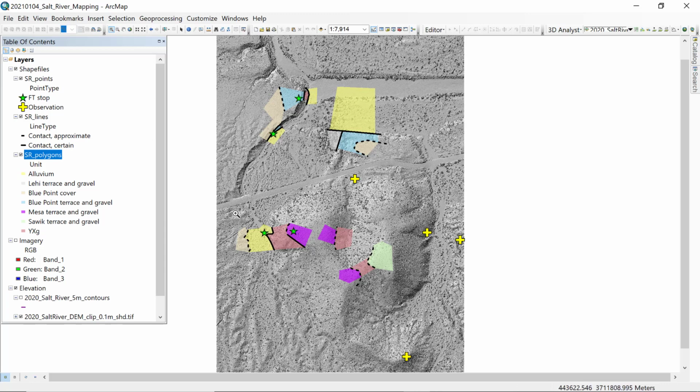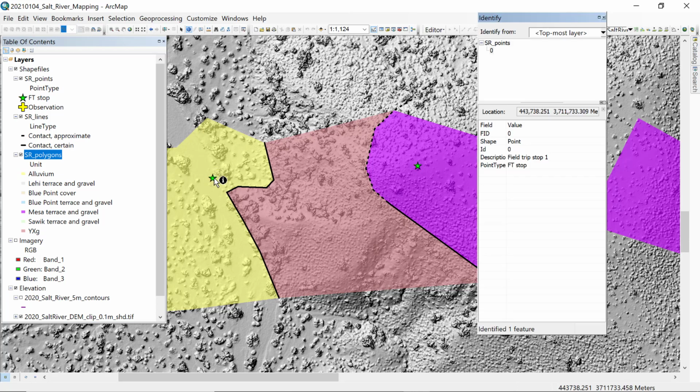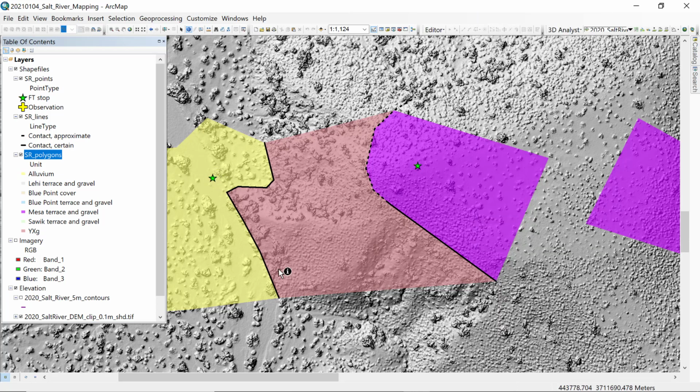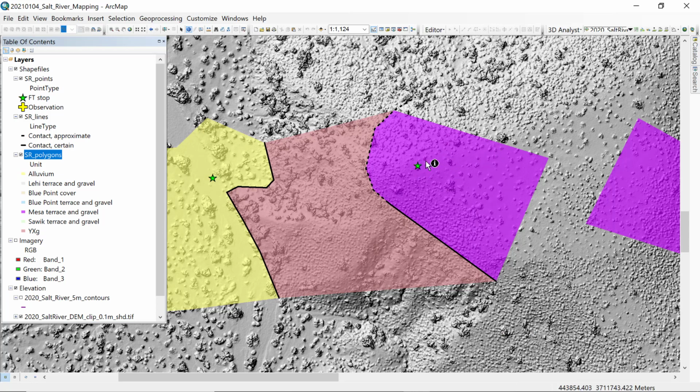So for example, let's zoom into this area, and here we can see what I mapped as the alluvium is yellow, and this stop number 1 right here is one that we see in the drone video. And then here would be the hill slope where there's granite, the YXG, and up on top here, stop 2, is the field trip stop where we look at the mesa terrace surface and the side topography here where the